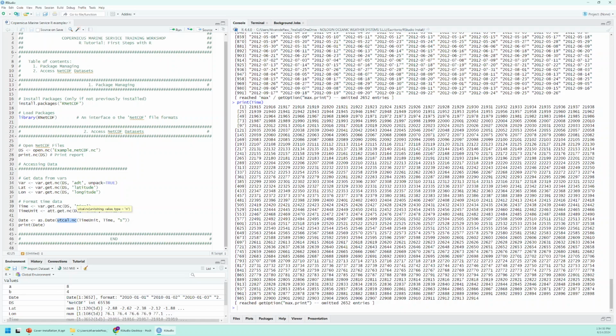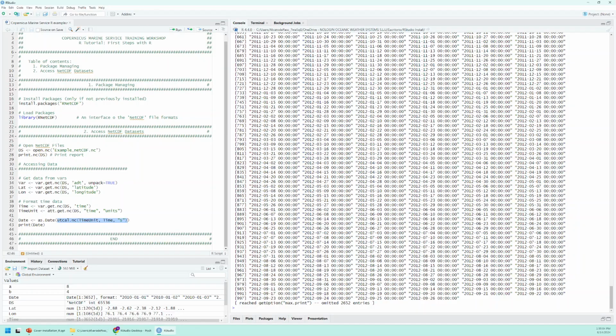Let's explain this in parts. First of all, we have the function utcal.nc. This function corresponds to RNetCDF, and it allows you to transform these time values into strings of dates. For example, if I type this into the console,